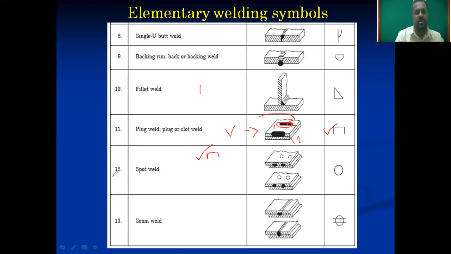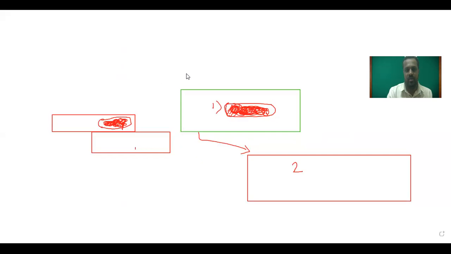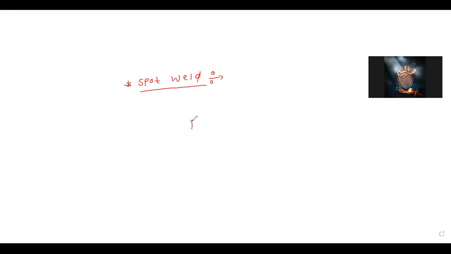So the next type of welding is the spot welding. What is the meaning of spot welding? Yes, any idea? What is meant by spot welding? Welding two or more metal sheets together. Yes. Just tell me the meaning of spot welding. Its name indicates it. Spot means, suppose again we are having two plates or two work pieces like this.